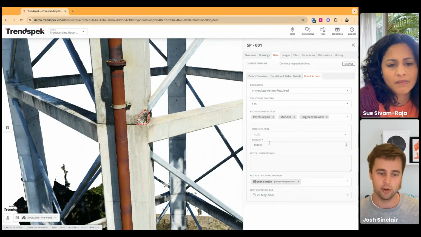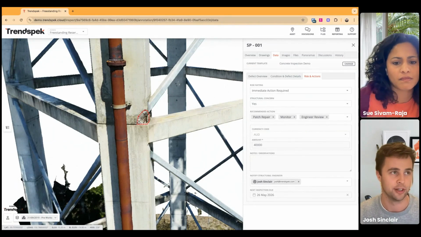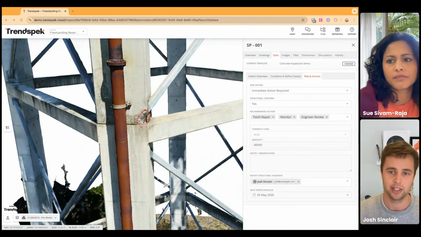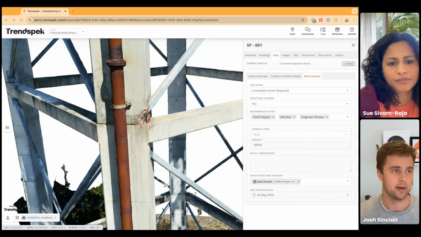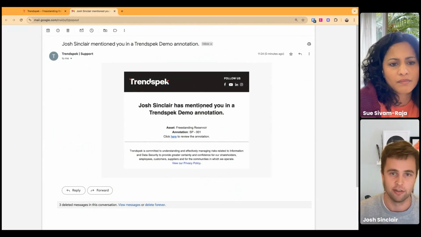And before we go on to the reporting page, I just wanted to elaborate on this user field type, because it's really quite powerful, and the opportunities are endless. So by tagging myself in that field there, I've actually received an email. I'm just going to bring that up. There we go. So I've just received this email in my inbox saying that I've been mentioned in this particular